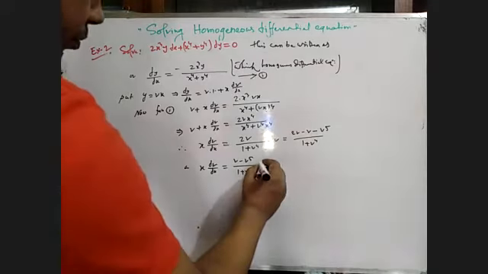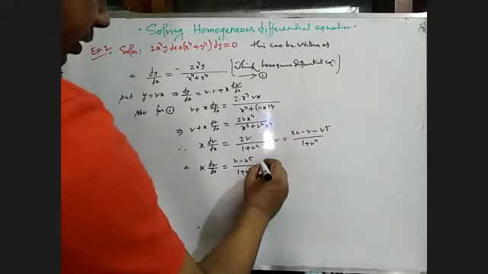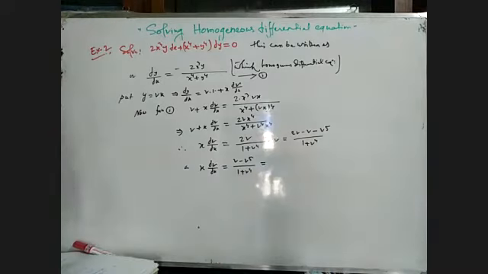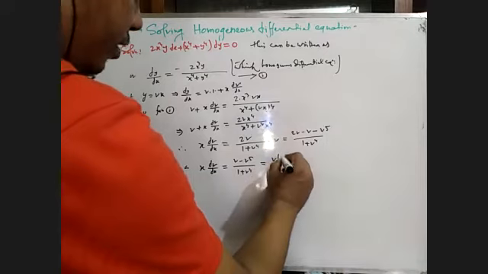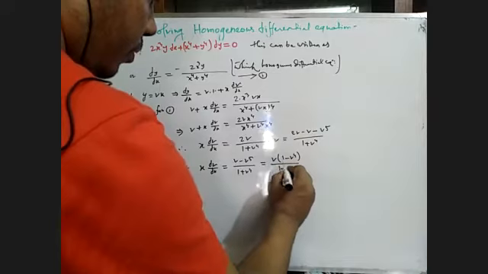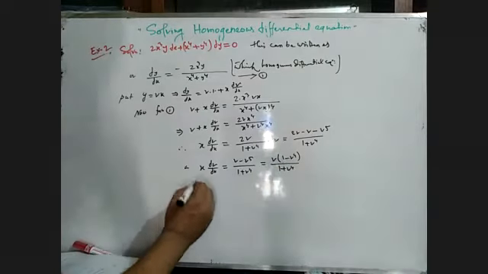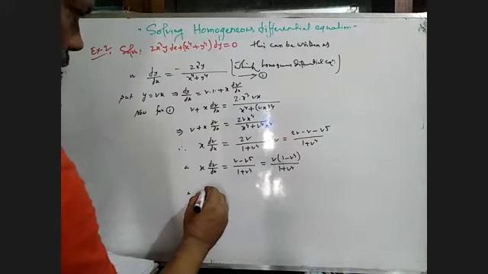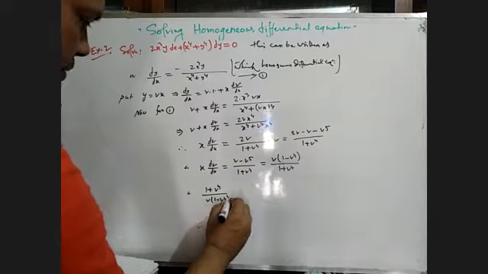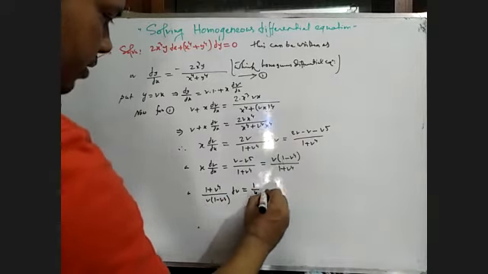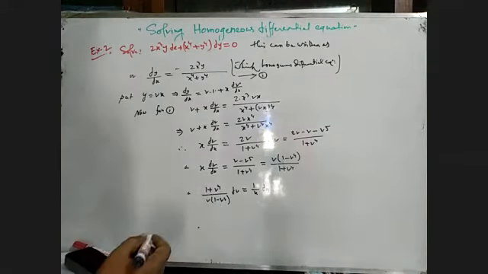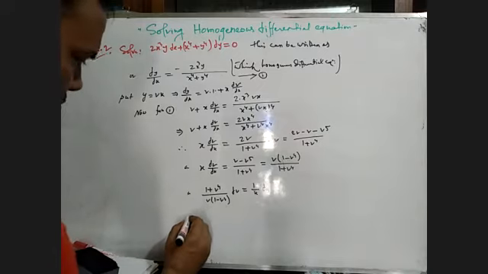So this can be written as b into 1 minus b4, 1 plus b4. So by variable separables, 1 plus b4 divided by b into 1 minus b4 db equals to 1 by x dx. By just separating the variables, we can write this equation. Now integrating on both sides,